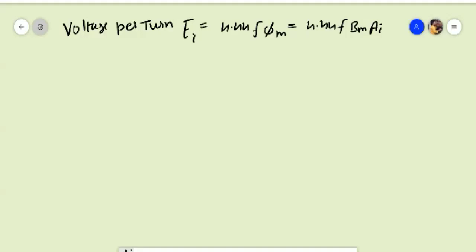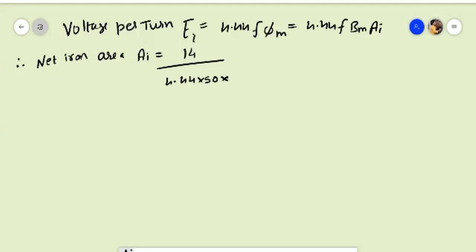So then we have the net iron area Ai is equal to 14 divided by 4.44 into 50 into 1.1, that is equal to 0.0573